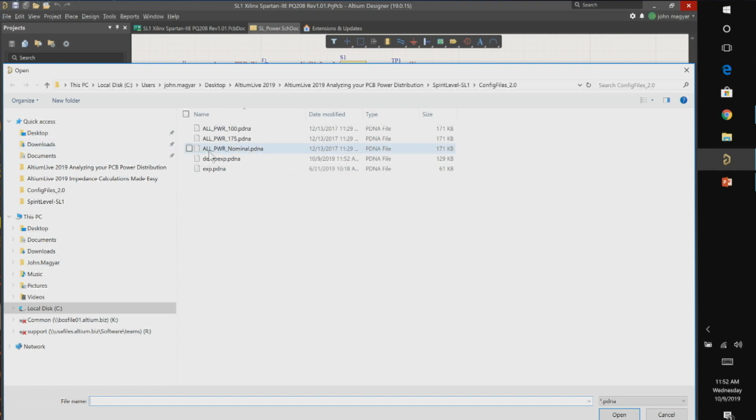over time. And you'll notice that it'll say all power, so it's considering all components as loads. And there's a nominal identification. So that would be worst case under nominal temperature conditions. So we can take into account the ambient temperature. And in these two scenarios, I have a higher temperature rating that it will stress or recalculate that copper conductivity, and I'll show you that in a minute. So I have three corner cases here, a baseline nominal, and then two others for temperature variation. But you could create any number of corner cases depending on whatever you're interested in. So it doesn't have to be temperature. You can make these worst case